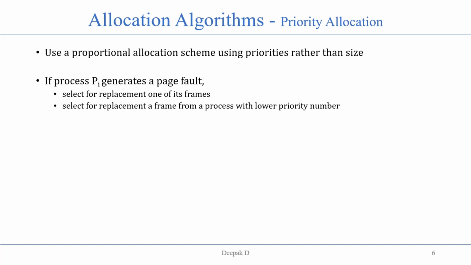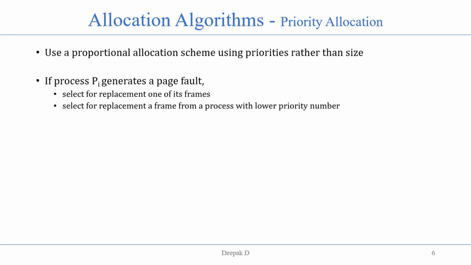In order to do that, we need more memory for the higher priority process. One solution is to use a proportional allocation scheme wherein the ratio of the frames depends not on the size of the process but on the priorities of the process, or on a combination of size and